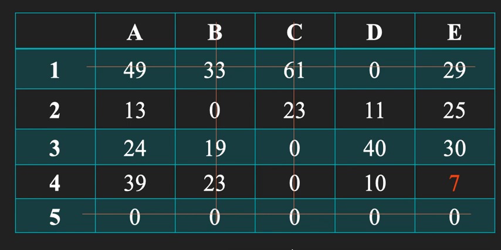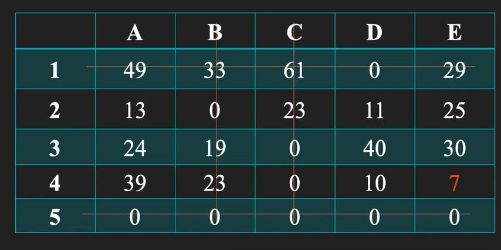Now this is the number of lines that we can draw here. How many lines could we draw? We could draw 1, 2, 3 and 4. Now here the number of lines drawn is not equal to the size of the matrix. The number of lines drawn is how many? 4. The size of the matrix is 5, and hence the solution is not optimal here. We cannot make an assignment here.